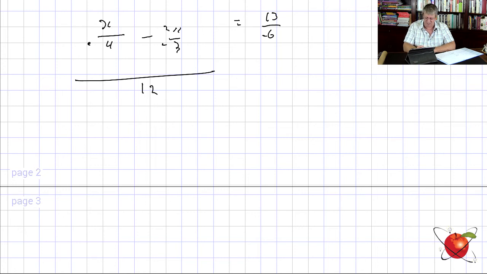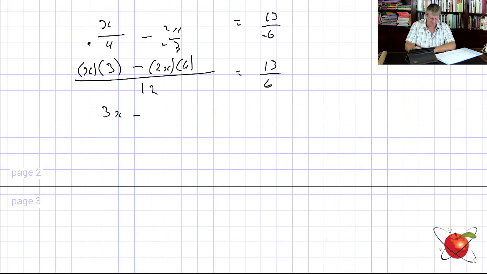Well, I bring down the numerator, x. 4 divides into 12 and it goes 3 times. Minus, remember, bring down the numerator. 3 goes into there 4 times. Equal to 13/6. That leaves me with 3x minus 8x, over 12, equal to